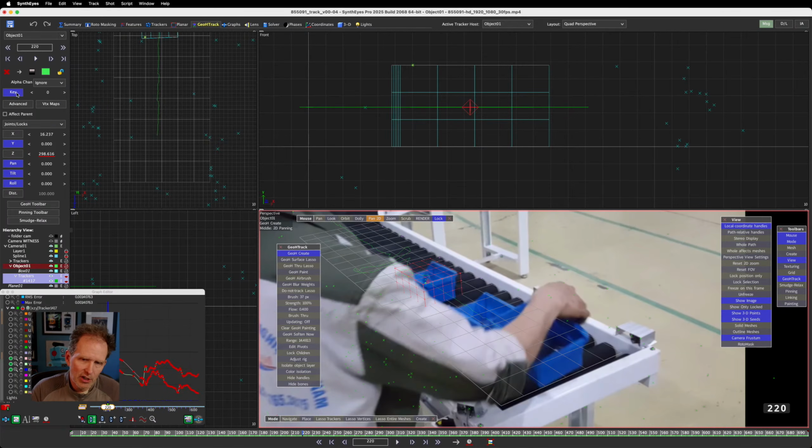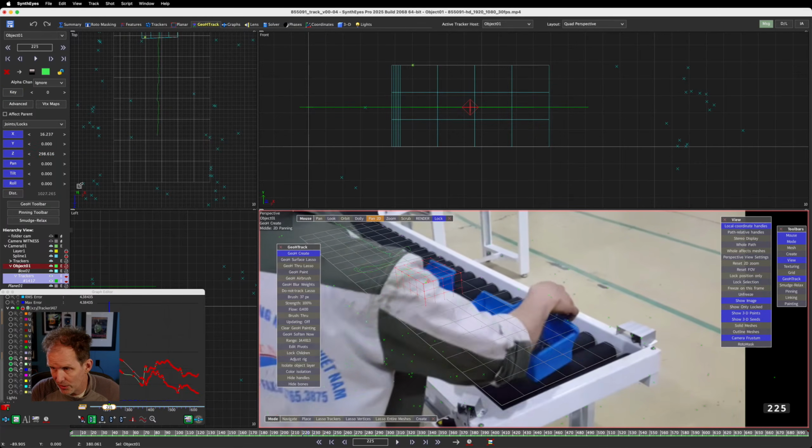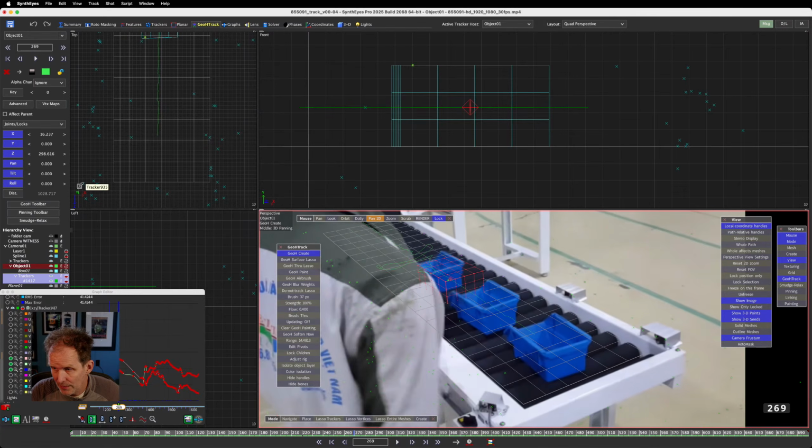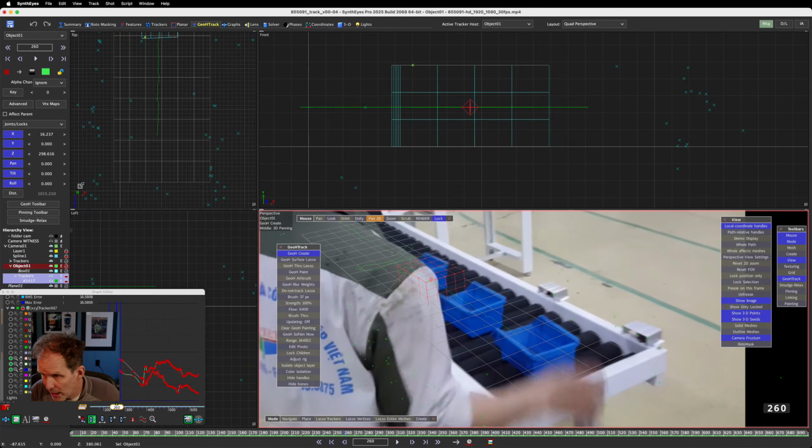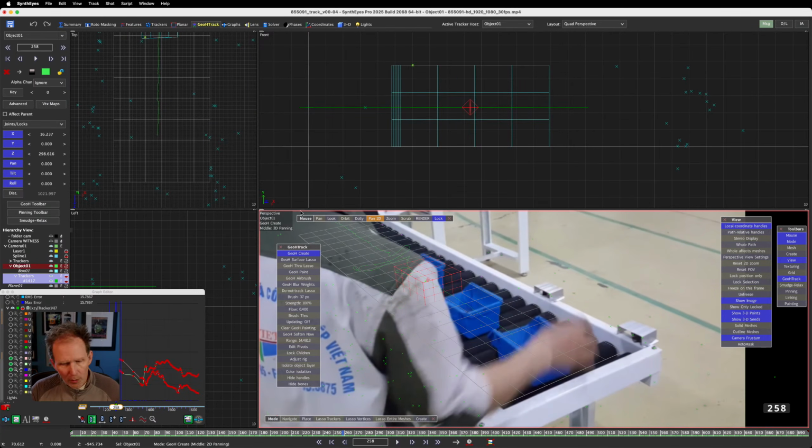And when I say the object's position, only for the axes that are not locked. So that's the X and the Z axis. I'm going to create a keyframe there. And then on that same frame that I've created a keyframe, I'm going to now lock the X and Z position. And then when I go here, when the tracker turns back on,